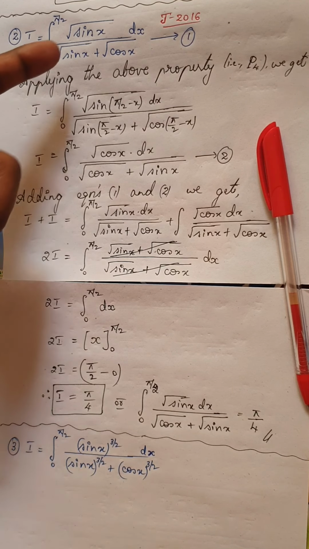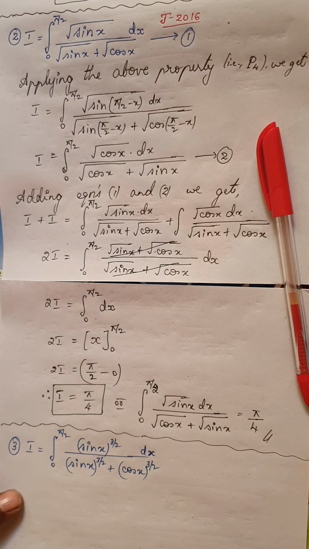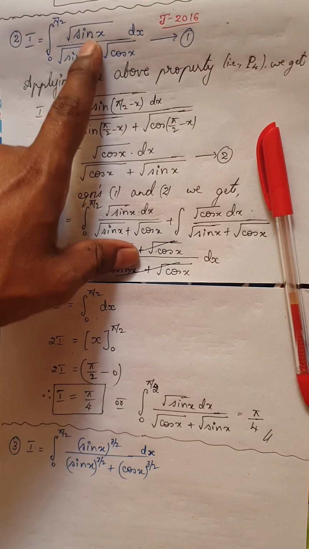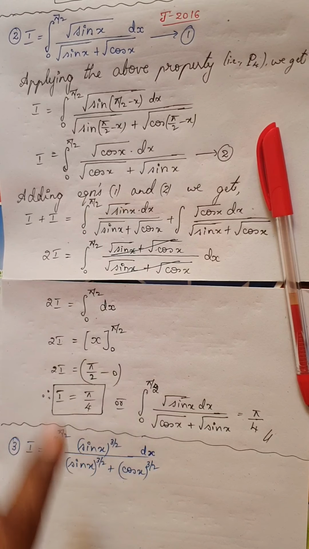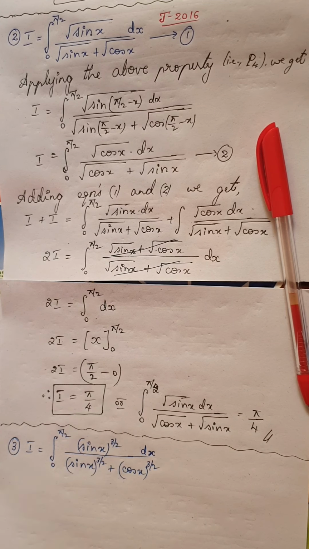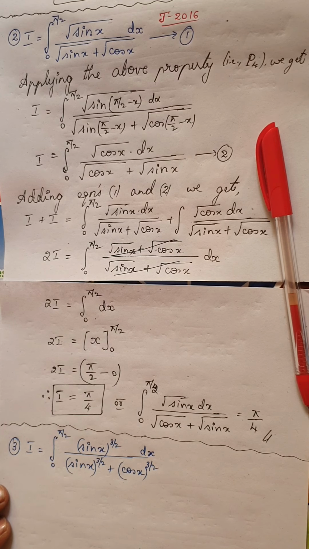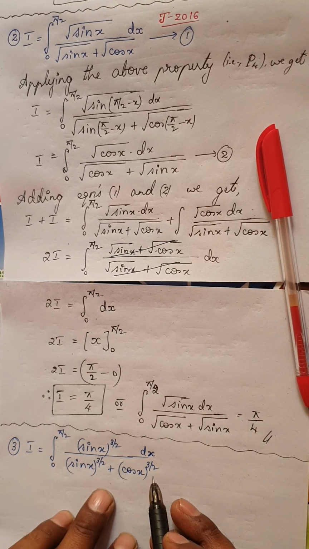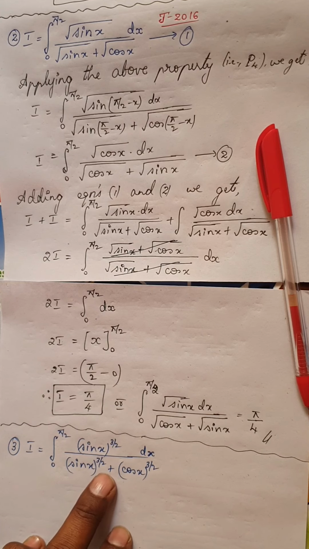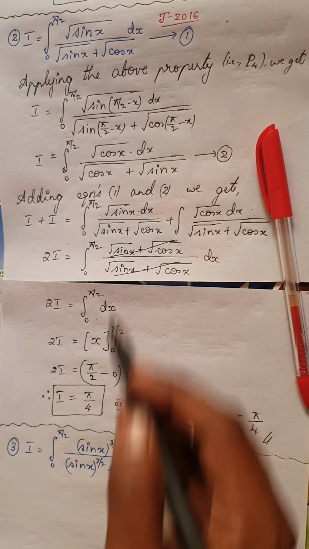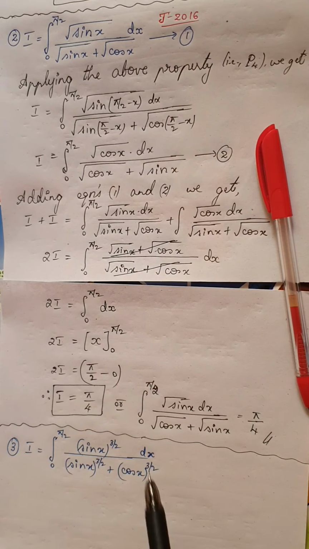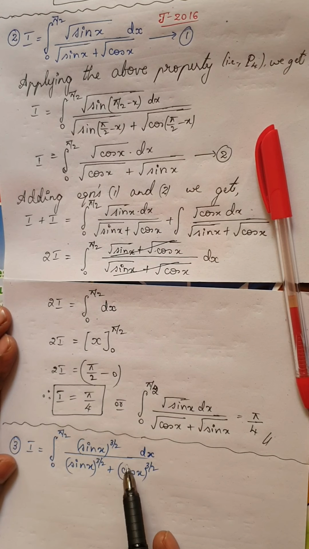This question is very similar to the previous question. The only thing is, where you had root, which is nothing but power 1/2, here it is power 3/2. We almost follow the same procedure. Now I am going to give this question as homework for you. You can try this by yourself. Just follow the same steps, nothing will be changed. In place of root, you would be writing 3 by 2.